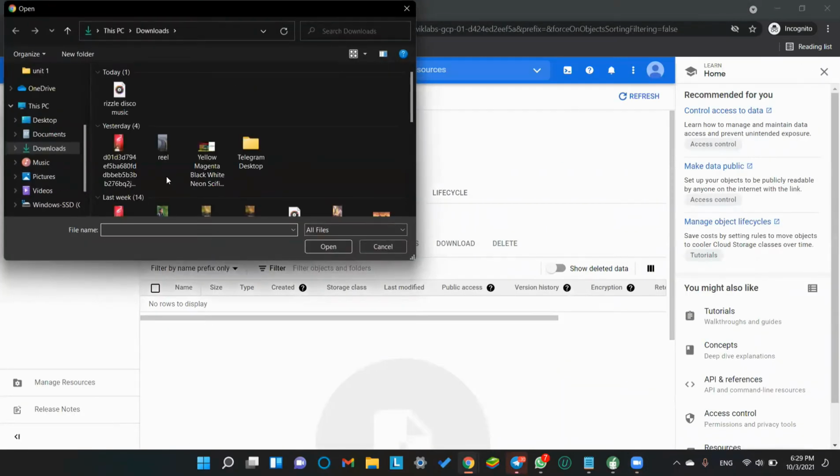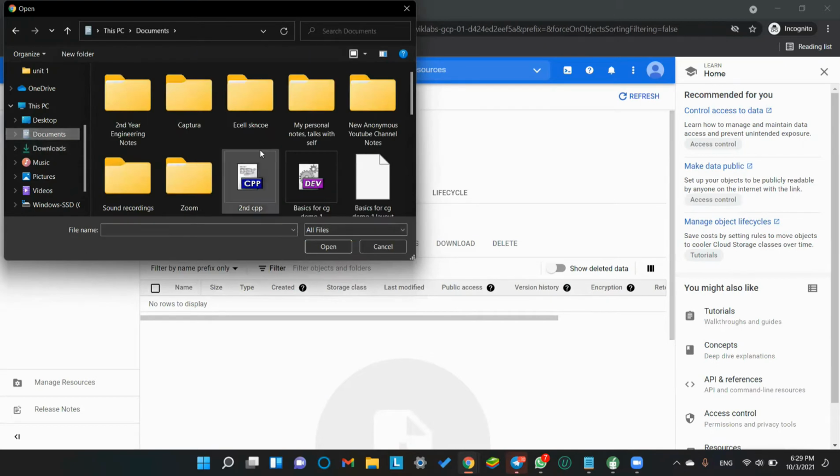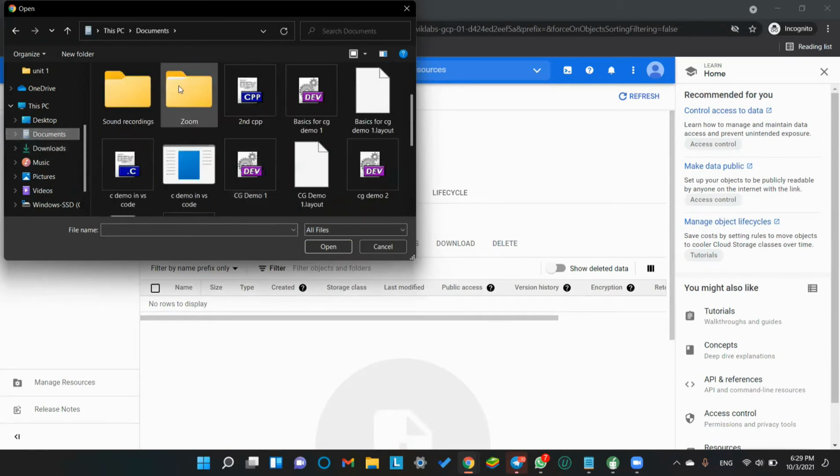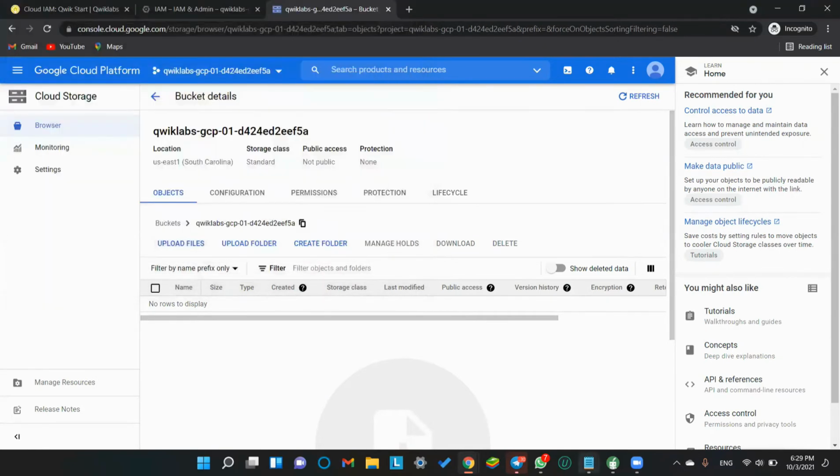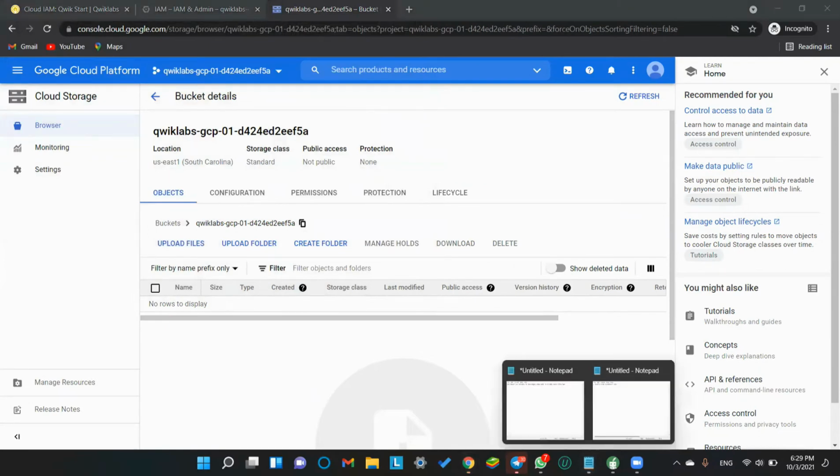I guess I have anything in my system right now. Documents, I don't have any txt file. Okay, no problem. Let's just create a quick .txt file.